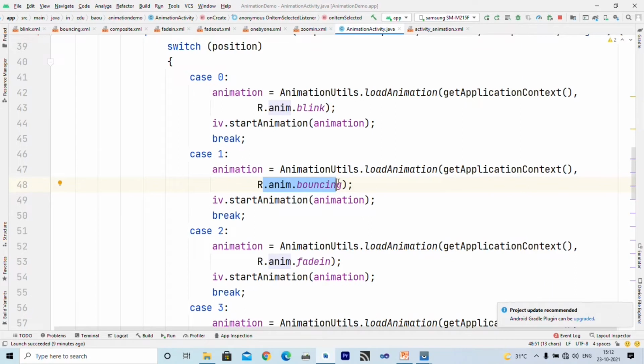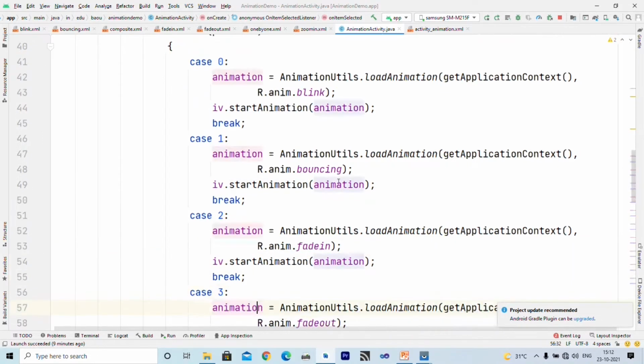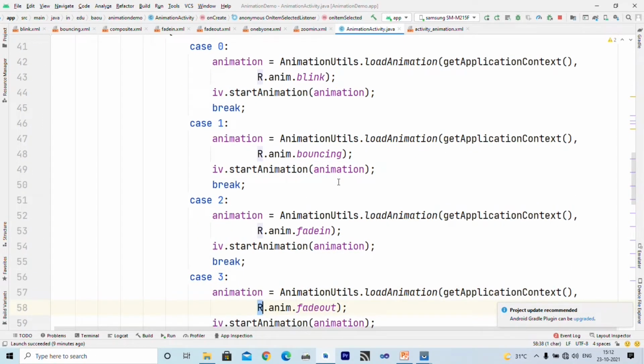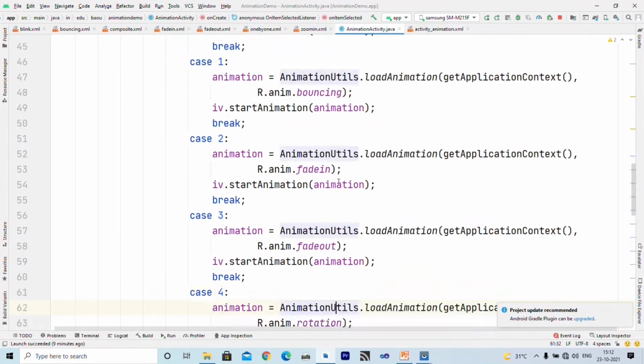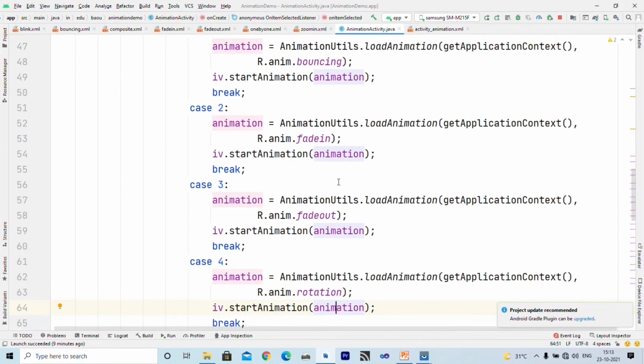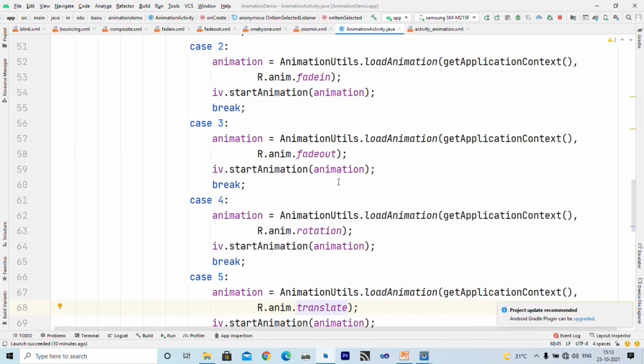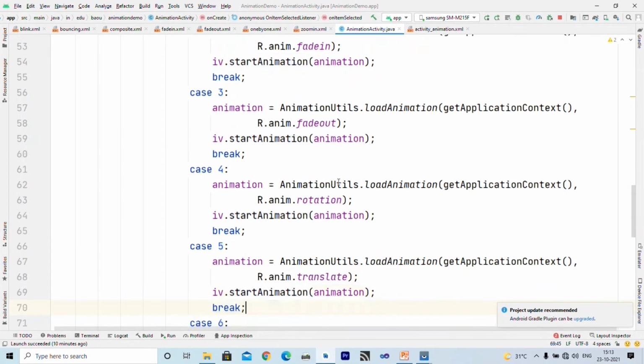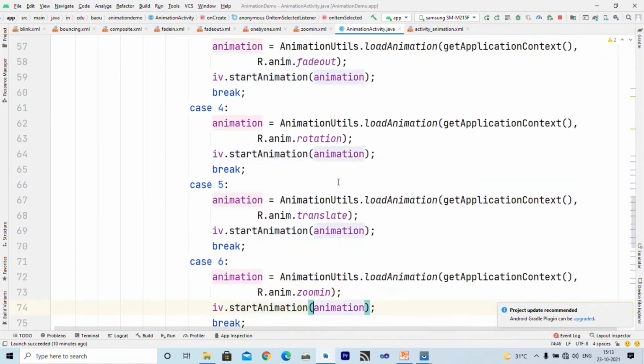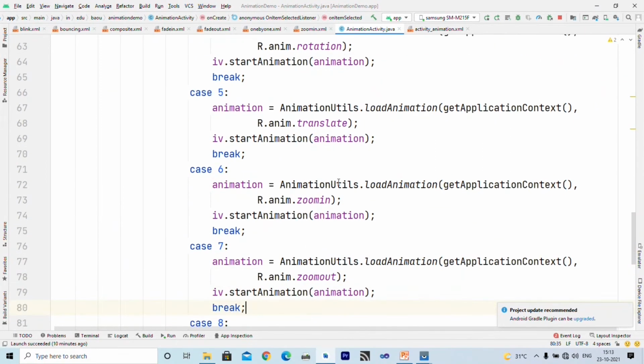So here we want to call the bouncing animation. Here I want to call the fade in animation inside case 2. Inside case 3 I want to call the fade out animation, and so on. All these names refer to XML files: rotation refers to rotation.xml, translate refers to translate.xml inside the anim folder, zoom in refers to zoomin.xml, and zoom out refers to zoomout.xml.